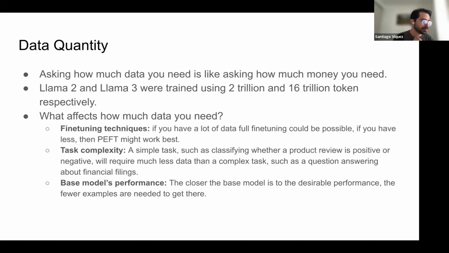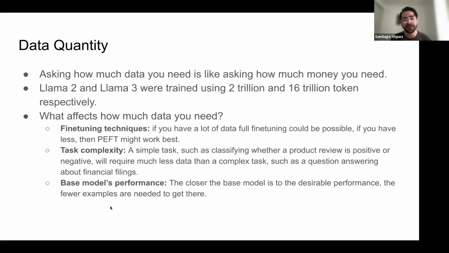Also, the examples are going to be relatively easy to find and easy to label. But if you are training a model to answer questions about financial filings, you will probably need more data because this task is more complex.